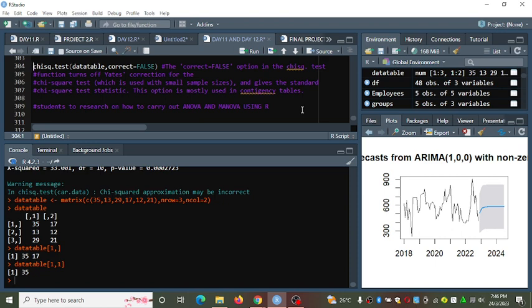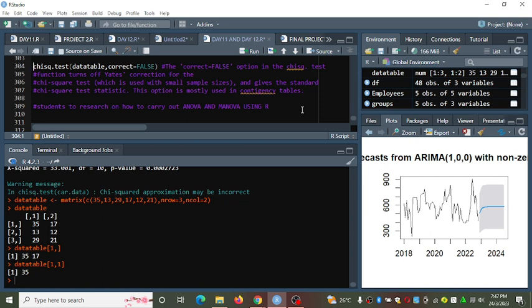The correct false option in chi-square test is a function that turns off the correction for the chi-square test, which is used with small sample sizes. It will give us the standard chi-square test statistics. So the option is mostly used in contingency tables.